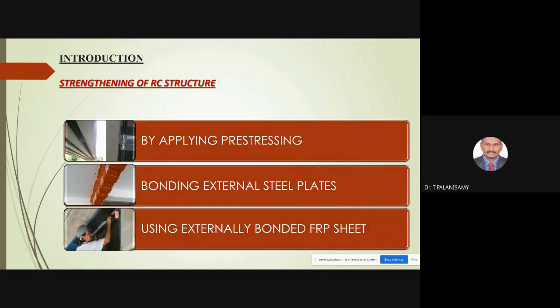One is by applying a prestressing force. In the case of bridges and similar structures, we can strengthen the structure by external prestressing or internal prestressing. This is one of the methods. We can see this kind of strengthening method in prestressed concrete bridges. This is the bridge in the longitudinal direction. These are supported by piers or maybe other supports.